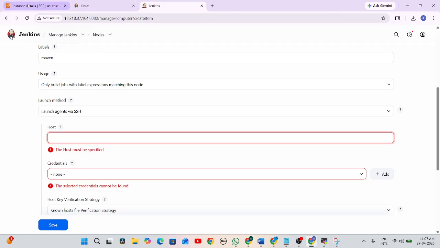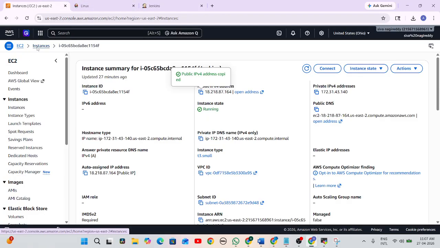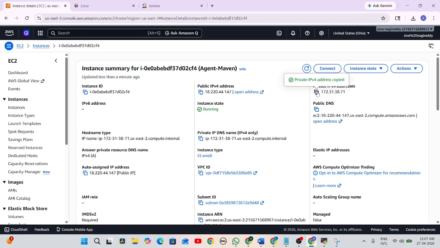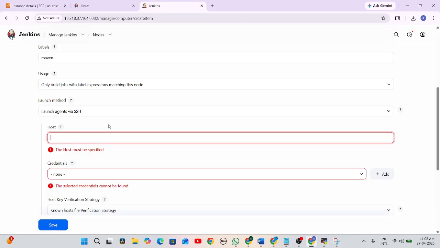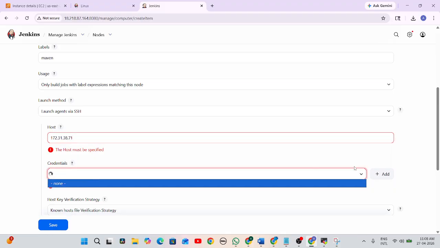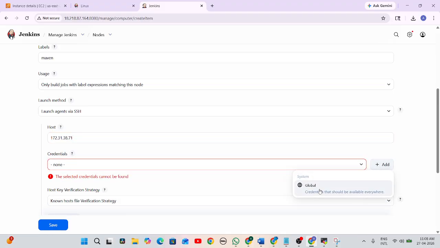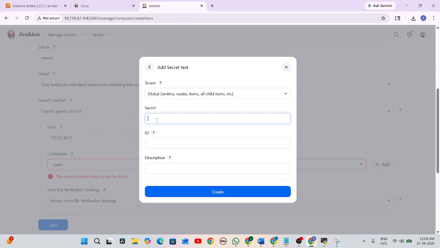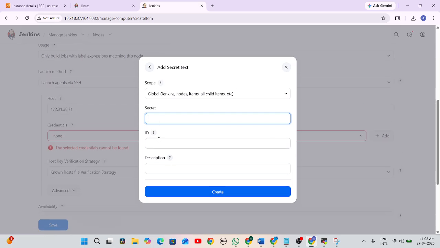So now we need to go here, agent, right? Go to here, take the private IP. Since the private IP is constant, I need to take the private IP. Then add the credentials. So what I do is go to global, secret text, credentials with secret text. Next, secret. What is the secret? Go to downloads,